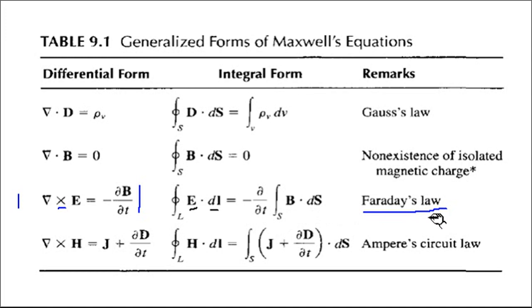Now see, this is the generalized form of Maxwell's equation. Now I will try to modify it. If someone asks you, if time is not varying, that means if I am talking about a stationary field, if nothing is varying, then del cross E bar, so nothing is varying means B bar is constant. So what is the derivative of a constant? 0. So del cross E bar is equal to 0 when I'm talking about a stationary field.